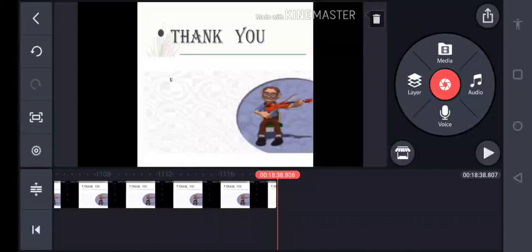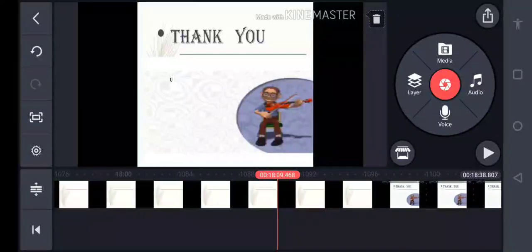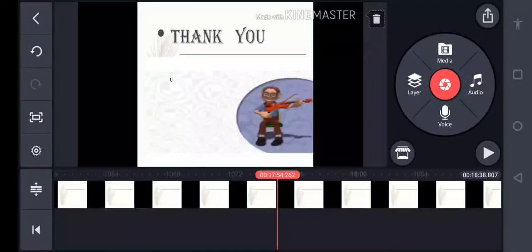So with this the slide gets over. This is how we can make it. So if you have made any kind of mistake even in between the slides or in between the video, even that part also you can identify. Just keep the playhead, select the particular part and then go for the delete option.